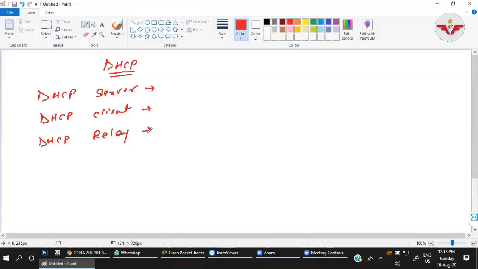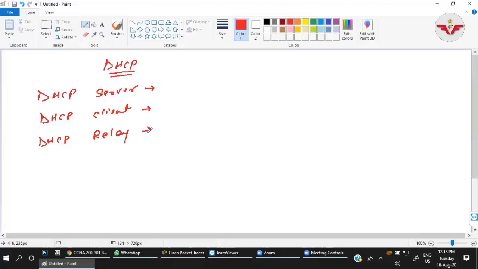What is DHCP client? A DHCP client is just a host which uses DHCP, Dynamic Host Configuration Protocol, to obtain configuration parameters such as IP addresses and other network parameters.